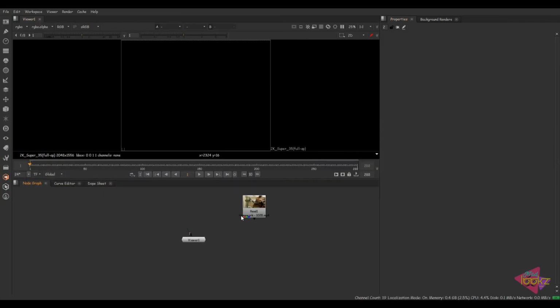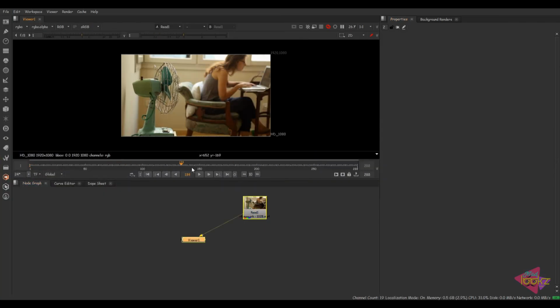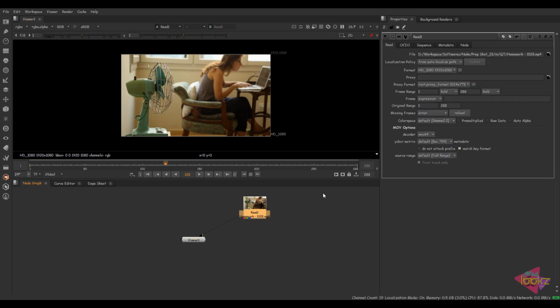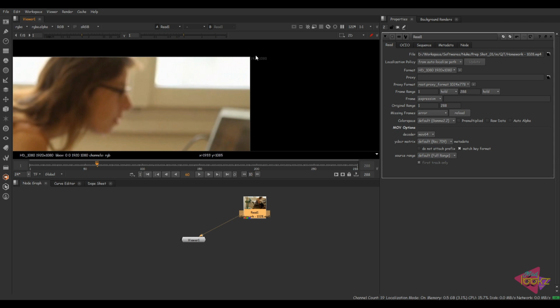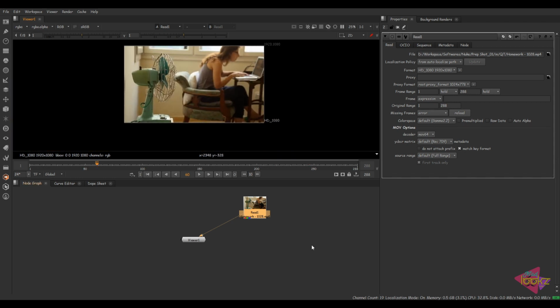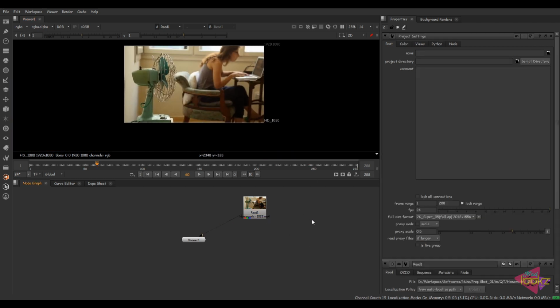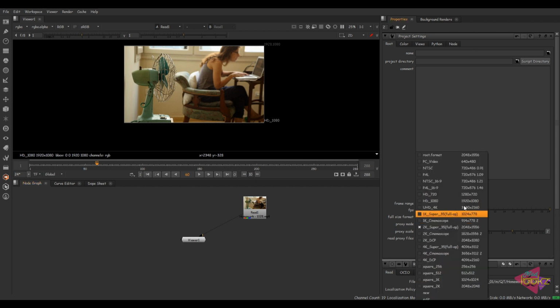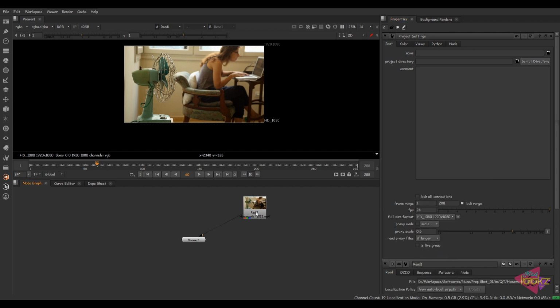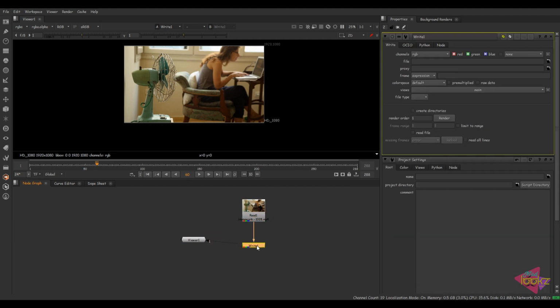Now we have the plate here inside Nuke. So just play and see. We can see the footage starts from 1 and it ends at 88 frames. Also you can check the resolution of the plate, and you can see HD is the resolution of the plate. So go into the project settings and set the full size format as HD, full HD. So always make sure when you start work, the project settings are set. Take the right node. I'm gonna render this MP4 format into the plates folder.